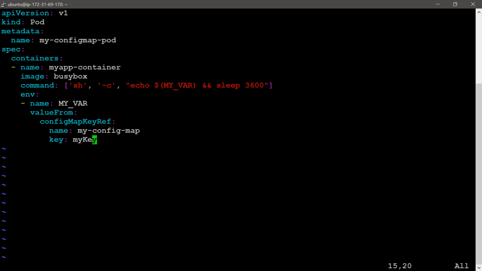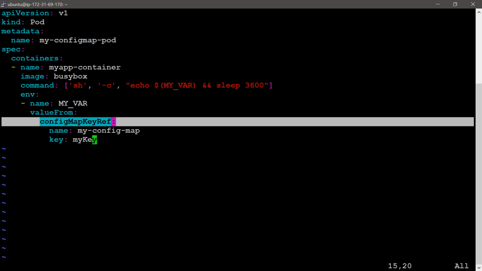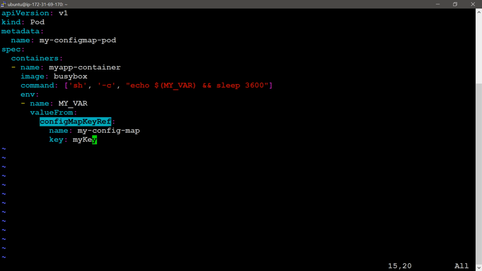Because the environment variable $MY_WHERE gets its value from the config map reference, I am providing here the name my-config-map, then the key. The key is my-key. I did not provide the value here. I am going to save this file.